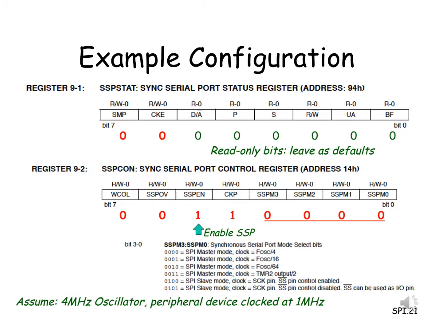And this one is the example for configuring the SPI mode here, right? As I said, the SSPSTAT, we just leave at its default, and here we enable the SSP by this SSPEN here, right? And we combine it with the CKP here, right? Okay, and this one is for the speed, we leave it as FOSC divided by 4, so the maximum bit speed is FOSC divided by 4. Okay,